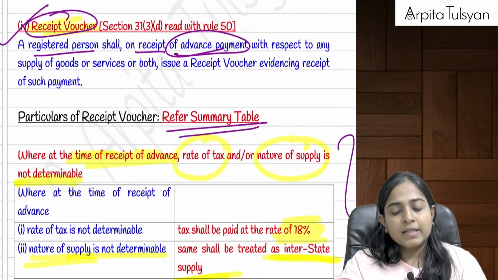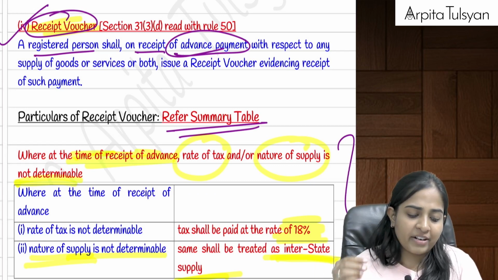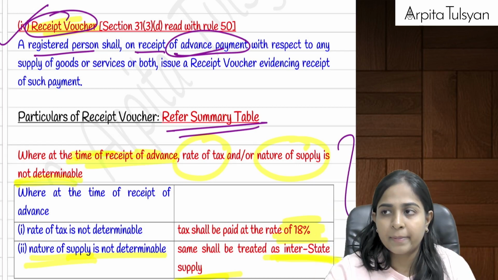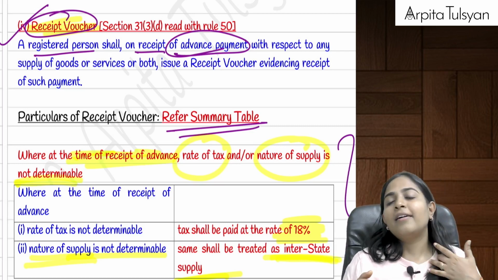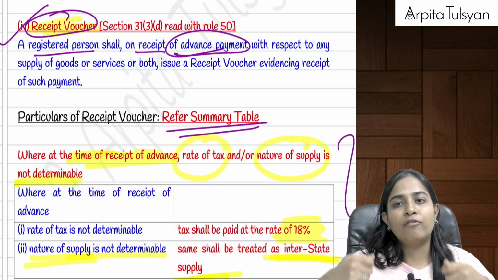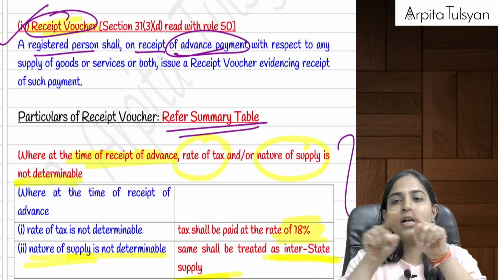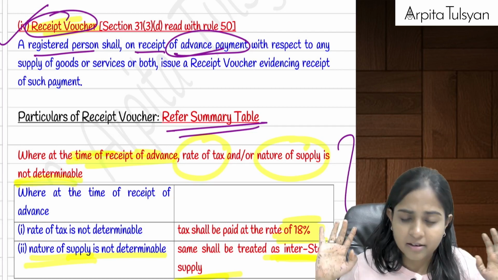Okay, now listen, what if you have received any advance payment for goods supplied or to be supplied or services to be supplied? Then yes, you can definitely accept the advance. Why not? Once you accept the advance, you will have to issue a document called a receipt voucher, where it will be written how much amount of advance has been received,